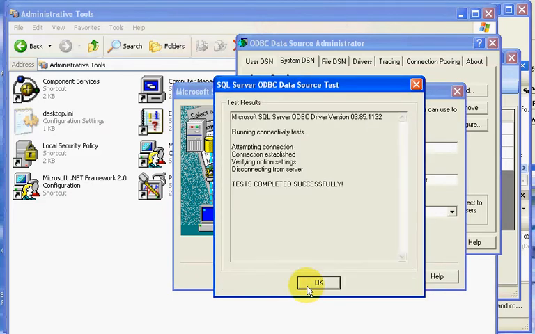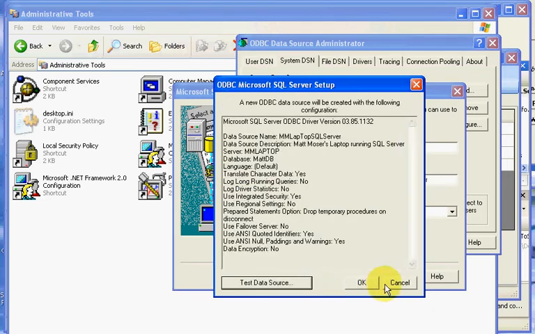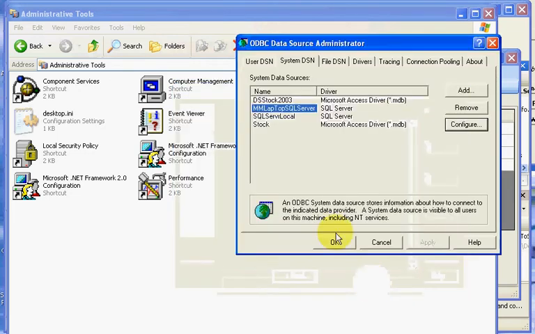And I just clicked OK. I'm going to click test my data source. So I know that my data source is good. My test completed successfully. Click OK. And I'm going to cancel out of here or click OK, and I know this is good. So Laptop SQL Server. We have to remember that name because we're going to come back into